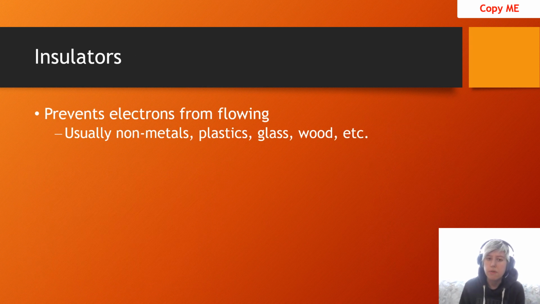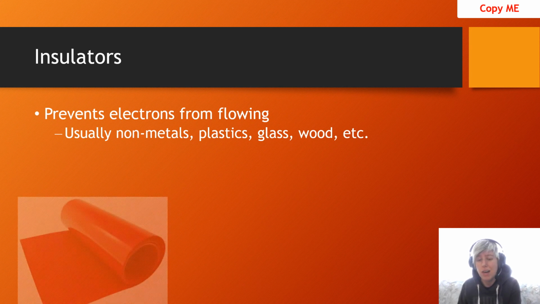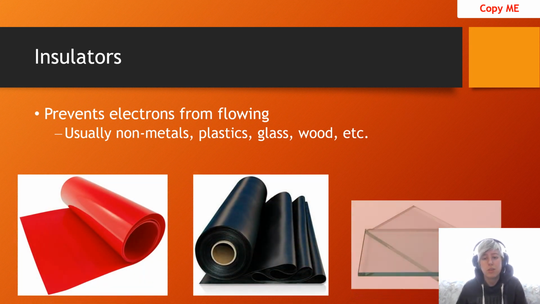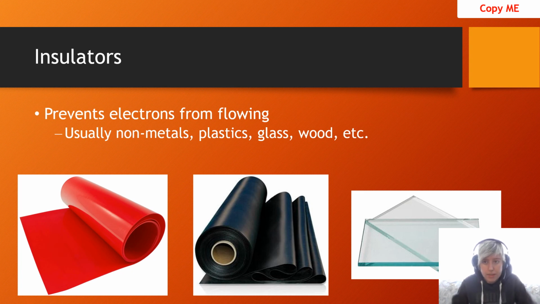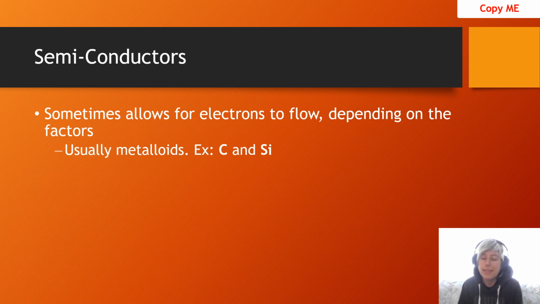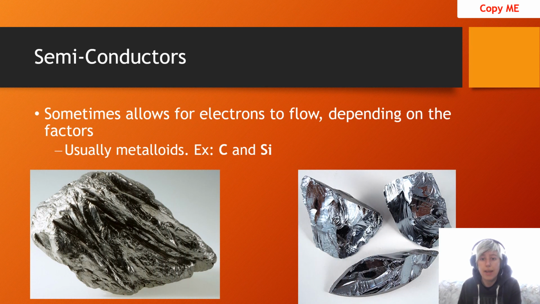Insulators are materials that prevent electrons from flowing. These are usually nonmetals, plastics, glass, and wood. They tend to not give up electrons very readily. And then my semiconductors are basically materials that sometimes allow electrons to flow depending on different factors. Very common semiconductors would be things like carbon and silicon. They're used a lot in electronics because you can actually control when the electrons flow through them and when they